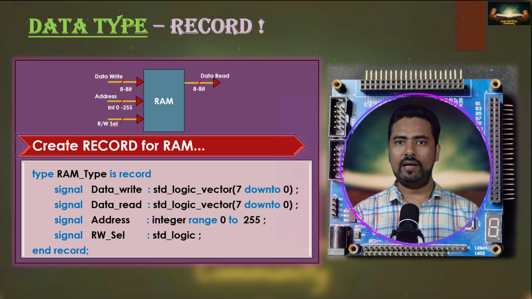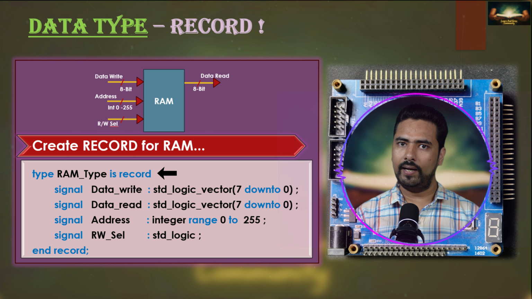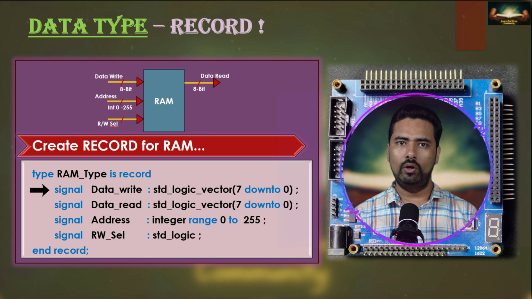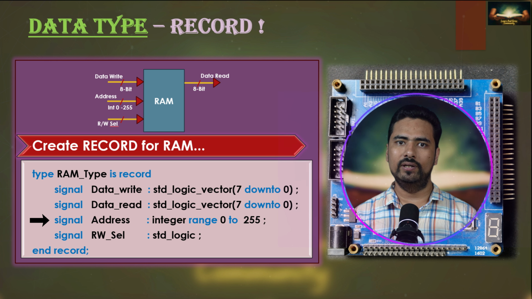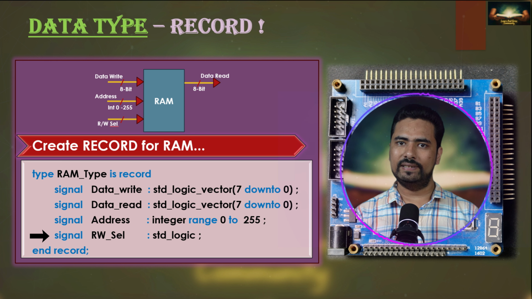For this requirement, I will write: type RAM_type is record, signal data_write : std_logic_vector(7 downto 0); next, signal data_read : std_logic_vector(7 downto 0); next, signal address : integer range 0 to 255; signal rw_select : std_logic; and end record;